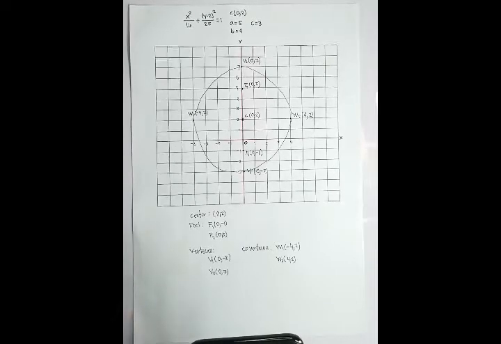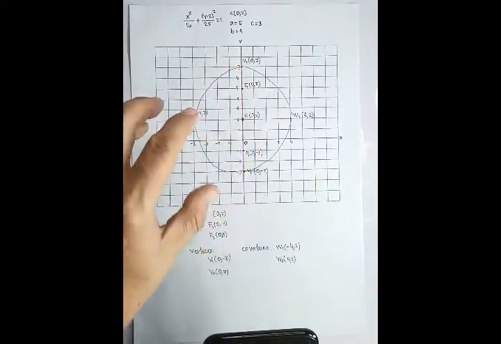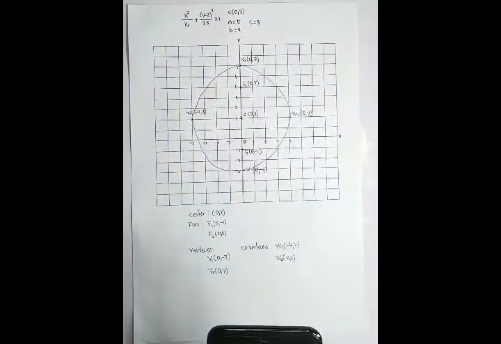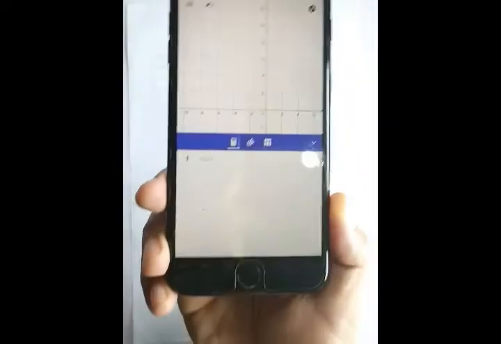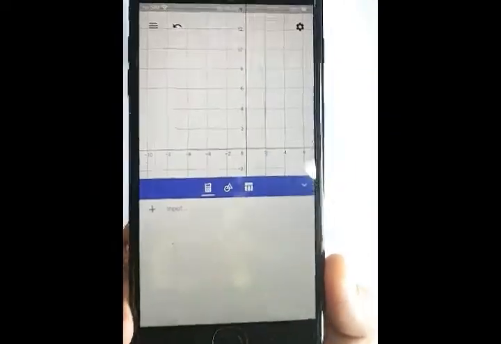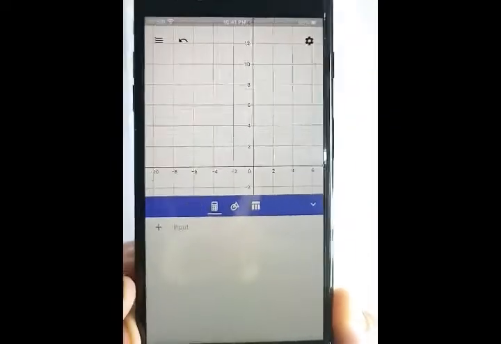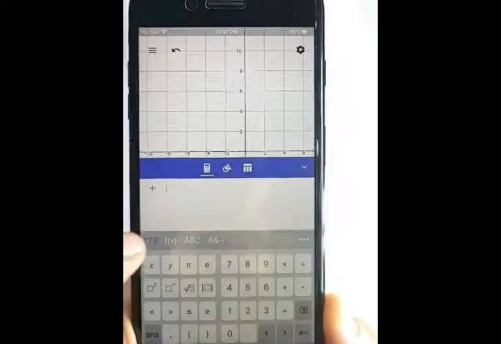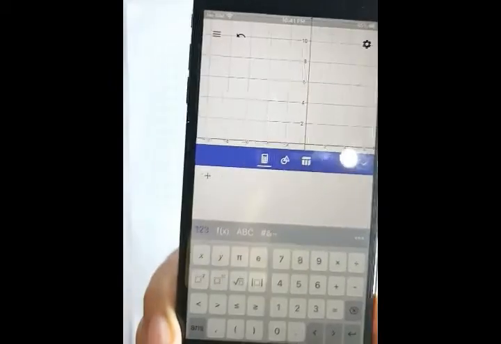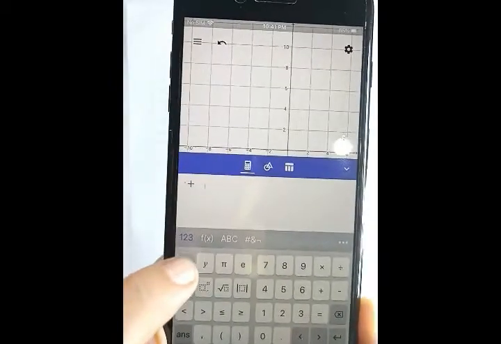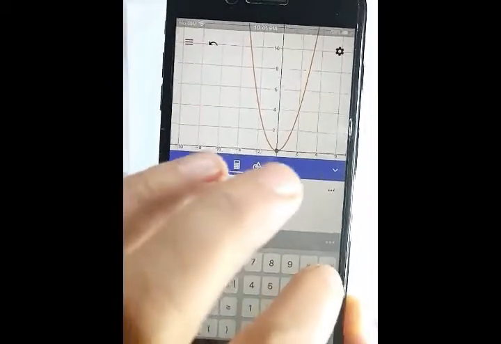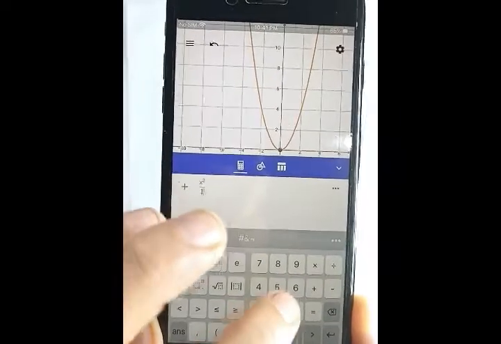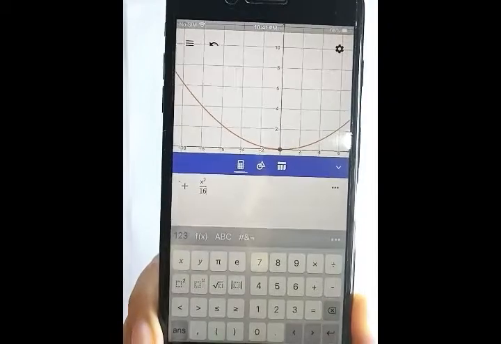This is the GeoGebra graphing application. So we input our ellipse: x squared divided by 16